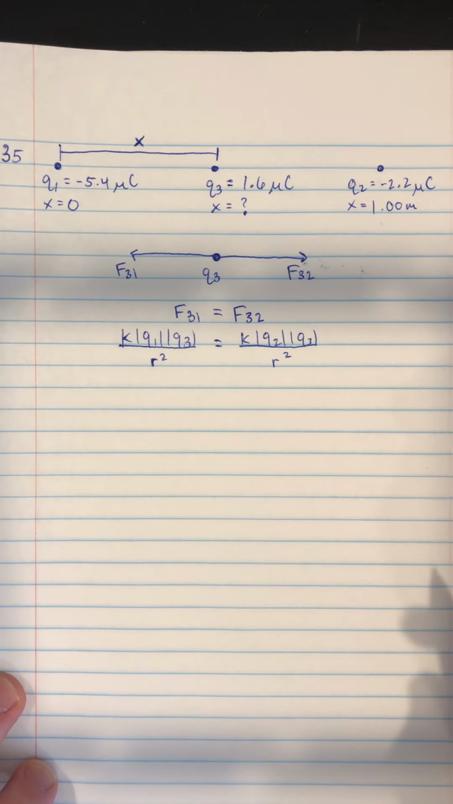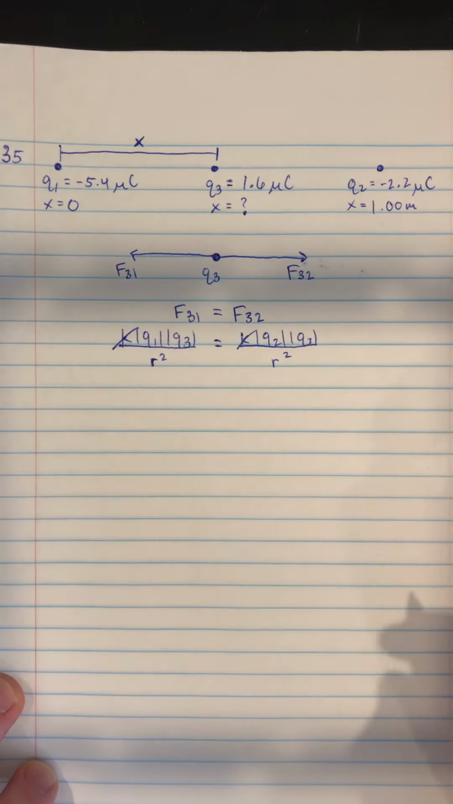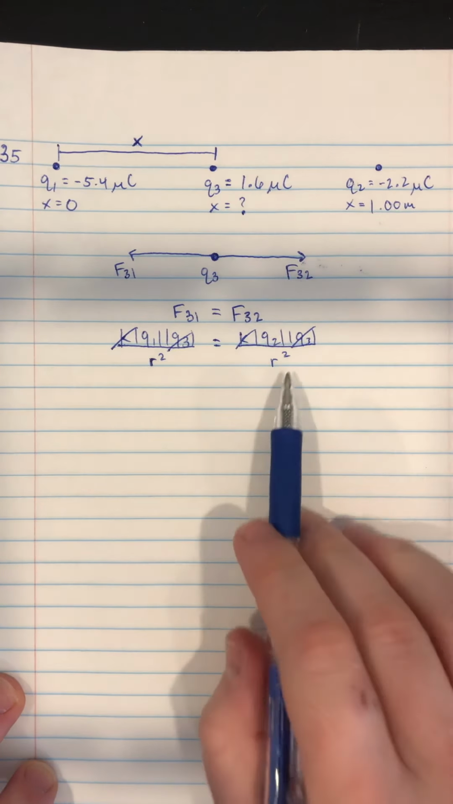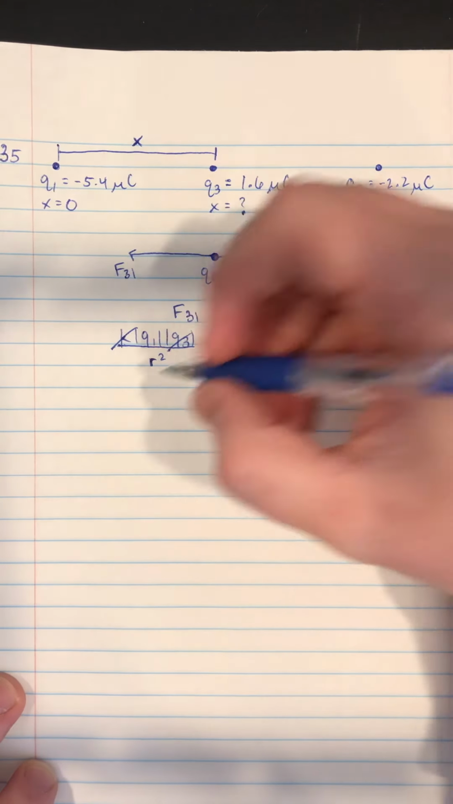Before we jump all the way into it, we should realize a couple things, right? What's on both sides? Well, there's a k on both sides, so we can cross out k. And there's a q3 on both sides, so we can cross out q3. The r we can't cross out yet because the r's are going to be different. All right, so